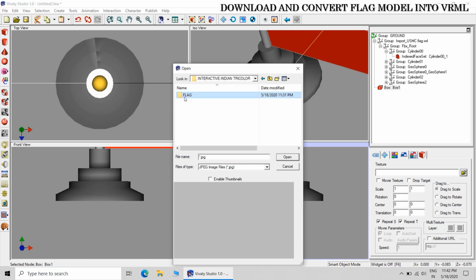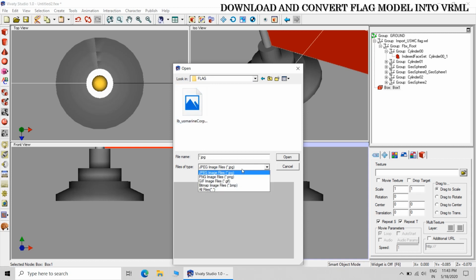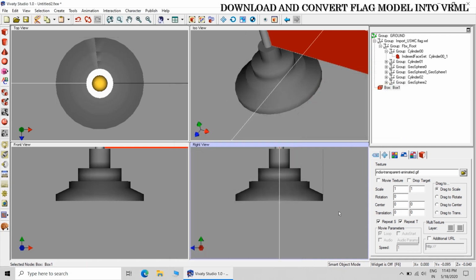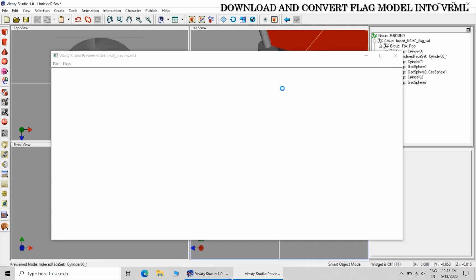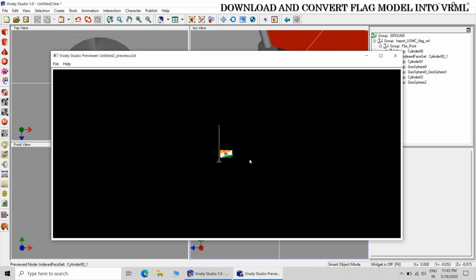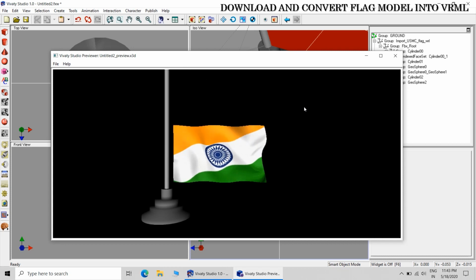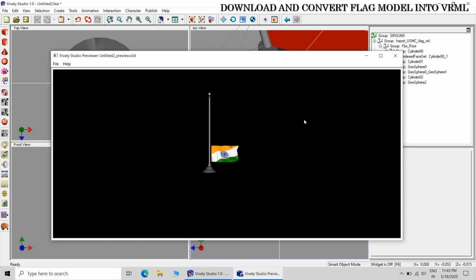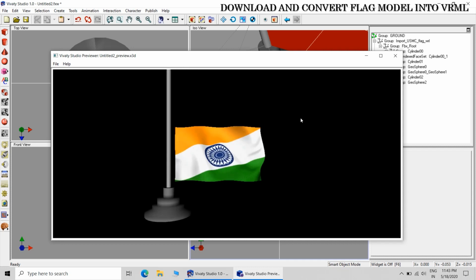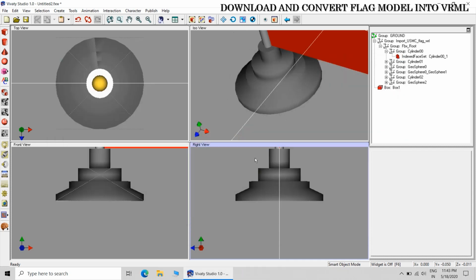And then we will apply the GIF file. Here you change the GIF. Now the GIF will not be visible unless and until you check on the auto start and movie texture. Once you check on the auto start and movie texture, then the GIF will be visible. Now you can see that the flag is flying perfectly. Now already I have found out the limits along the post. Those limits I will be applying.